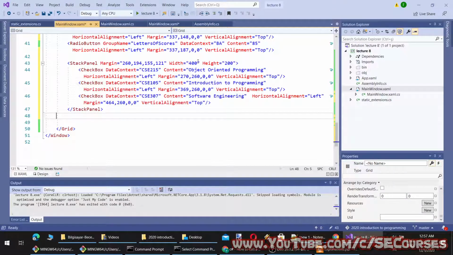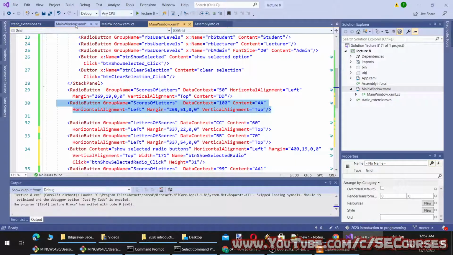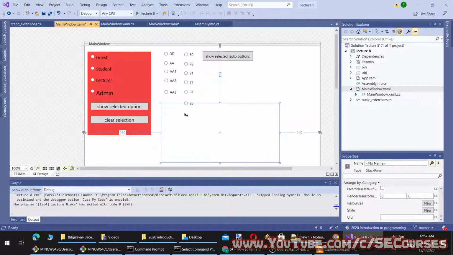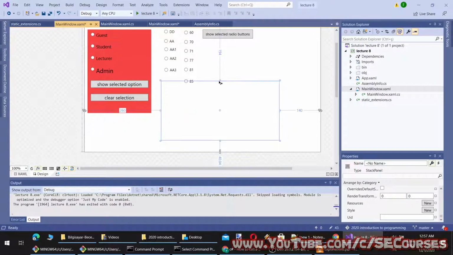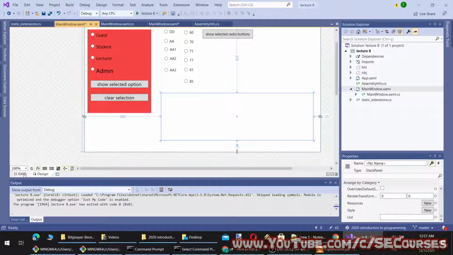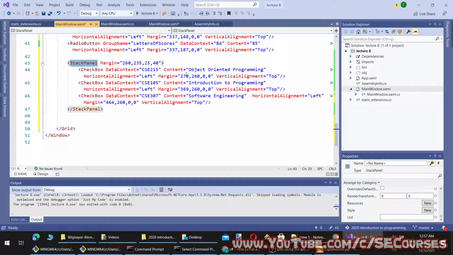The stack panel is here. Maybe we need to set the PX. That is why it is not working. Yes. Okay, now the stack panel is here. However, the objects are not visible. Why? It is probably because of the margin of the objects.